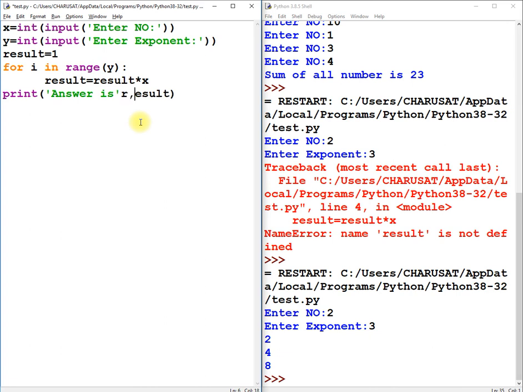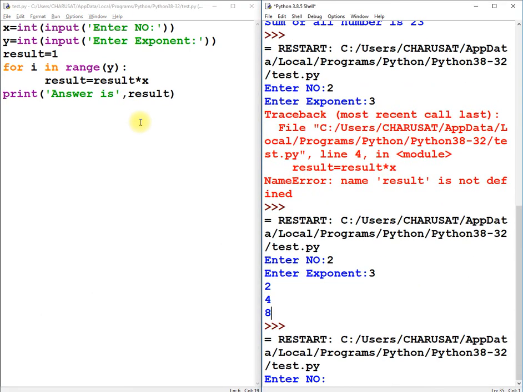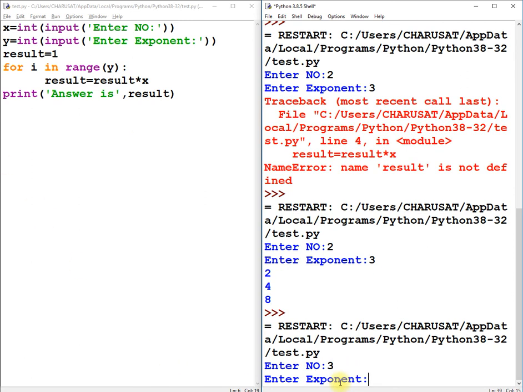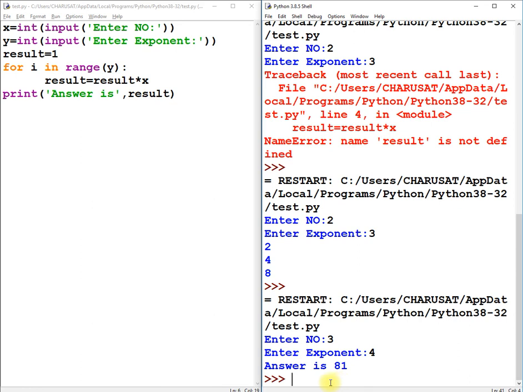Okay, I have to put a comma. Let us say 3 and 4. So the answer is 81, and that is the correct answer.